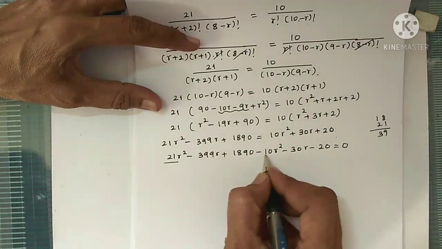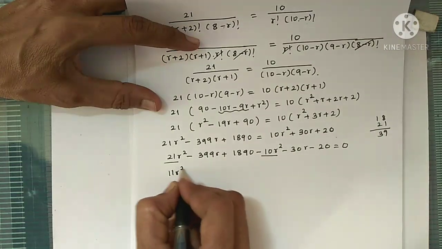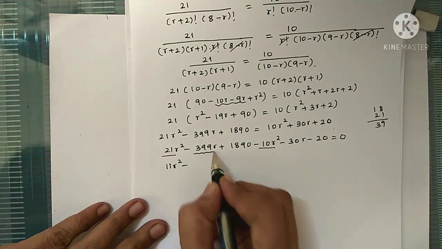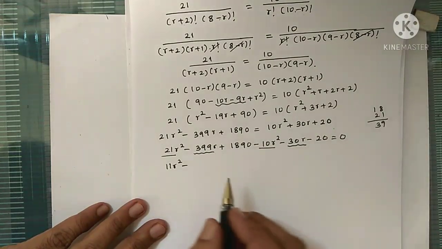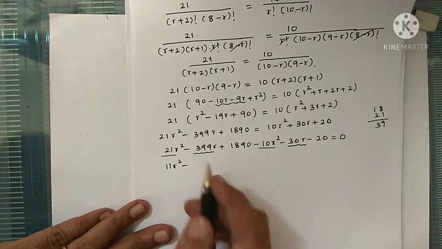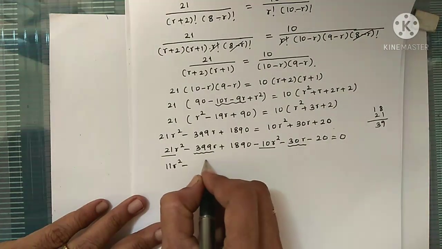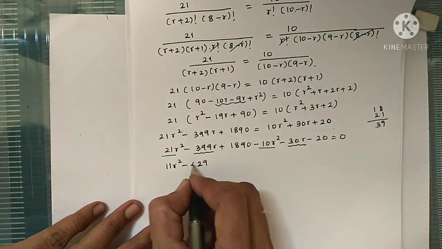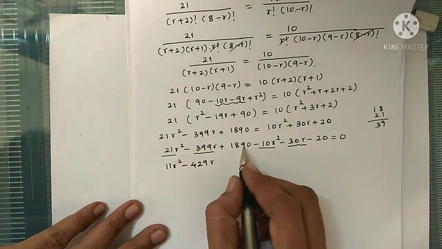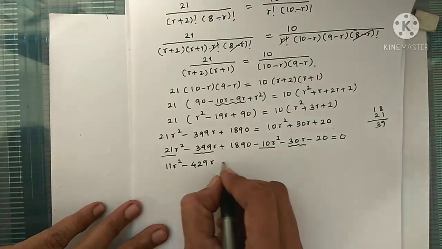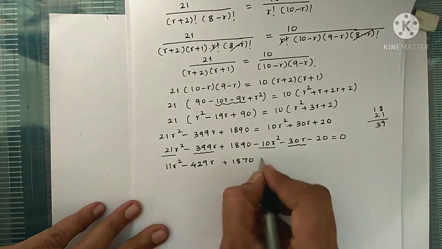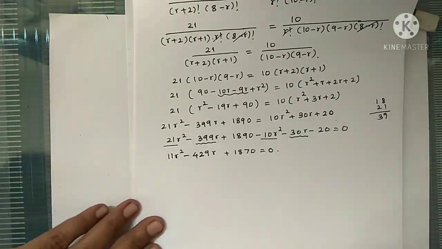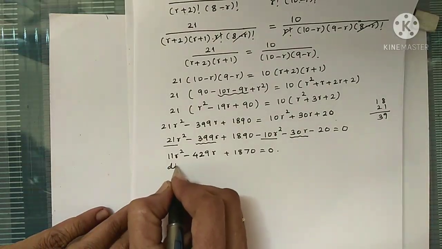So taking these two terms together we have 11r square minus 399r minus 30r. Both have same sign, so we have to add them and we have to put negative sign. So this is 9, 9 plus 3, 12, carry 1, 3 plus 1 is 4. So this one, and then 1890 minus 20 gives us 1870. You can see all these coefficients, they are divisible by 11. So dividing by 11,